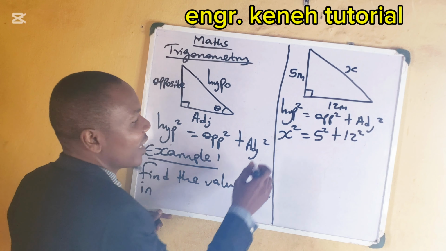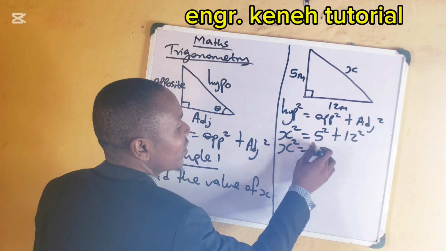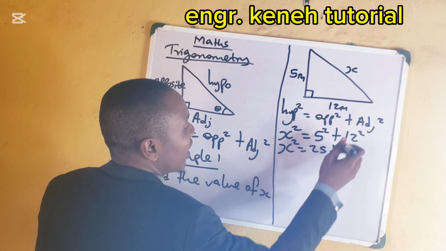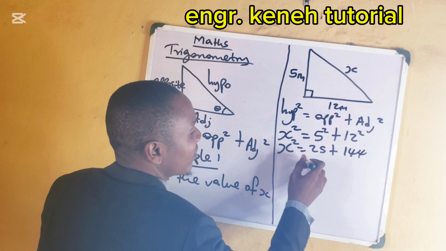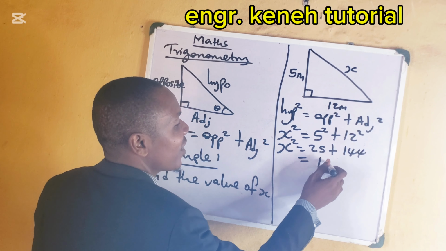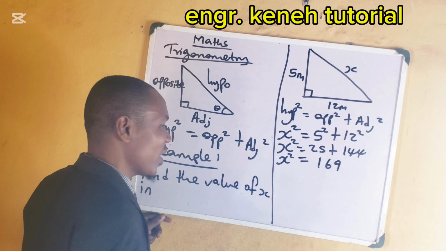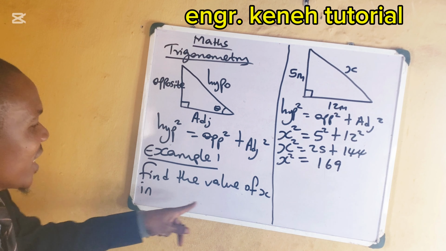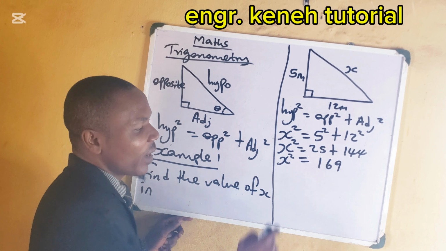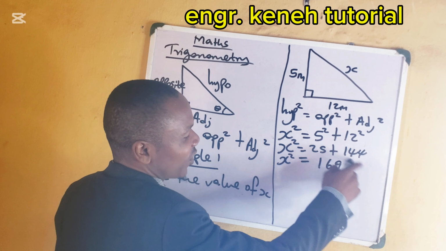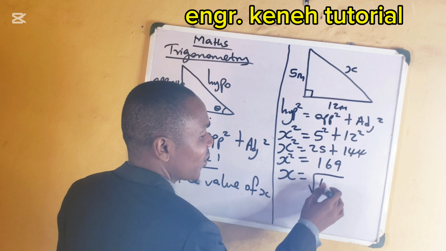We have x squared is equal to 5 squared, which is 25, plus 12 squared, which is 144. When you add these together, you have 169, which is x squared. But the question says find the value of x, not x squared. So when the square crosses over, it becomes a square root. We have that x is equal to the square root of 1